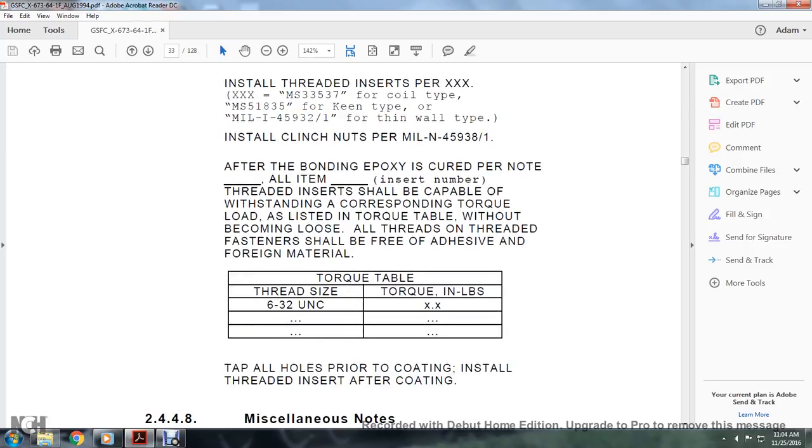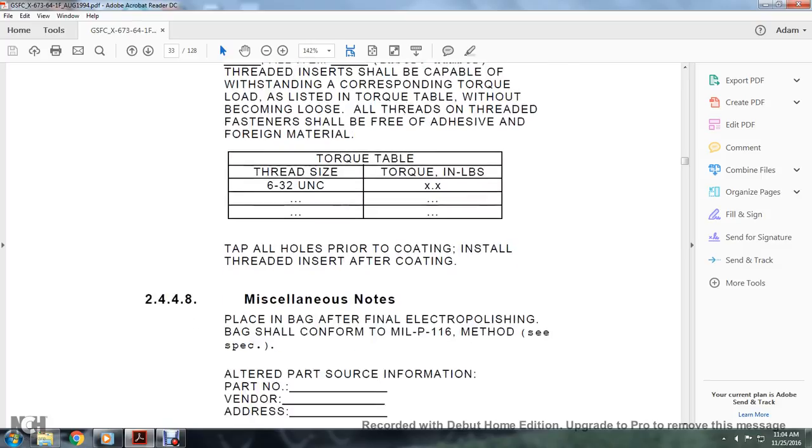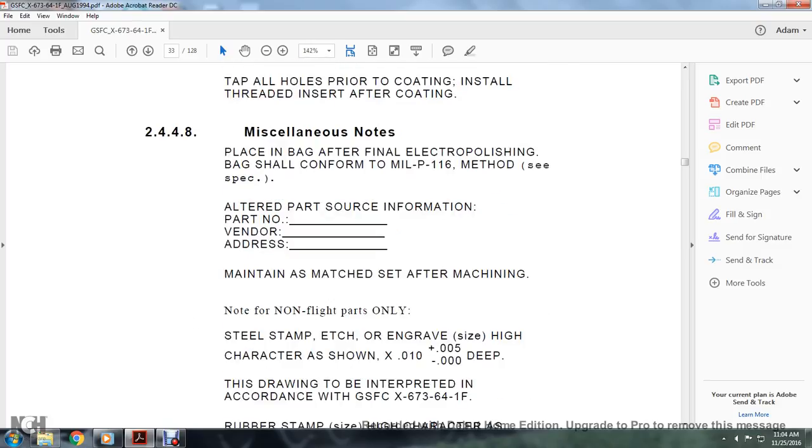The torque for the threaded left side of the 6-32 UNC, torque in inch-pounds, XX. Tap all the holes prior to the coating. Install the thread inserts after the coating. 24.48 Miscellaneous notes. Place in a bag after the final electropolishing. Bag shall conform with the MIL-P-116